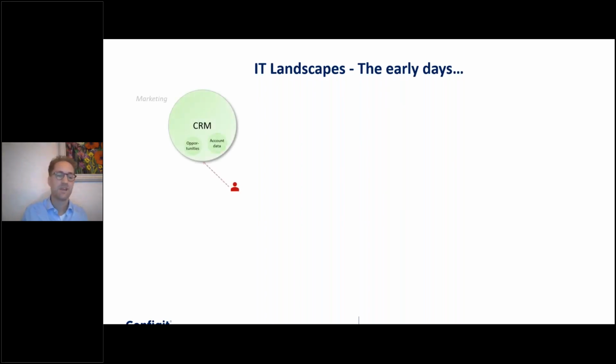a CRM system, the marketing, and the red person you see here, he has access to the CRM system. He was able to create some opportunities. He was able to maintain the account data. And when he wants to create a quotation, he goes to a CPQ system, and there we of course have the configurator. That's what I showed with this symbol, configurator. And when we talk about the configurator, we also have the product rules, the logic, and we have the product features, like all the options you can select and things like